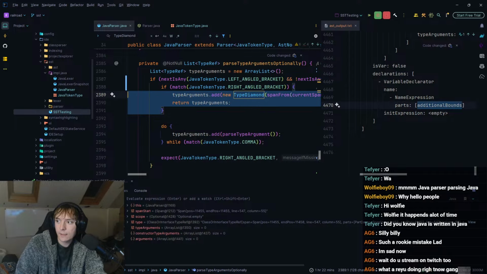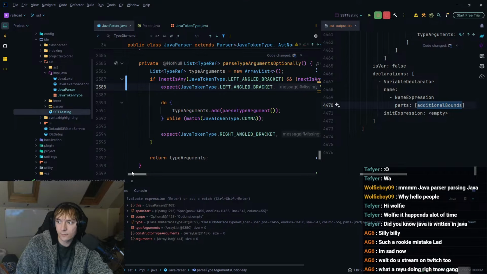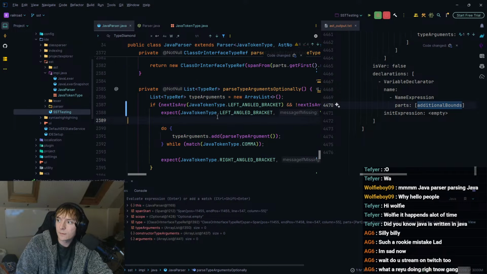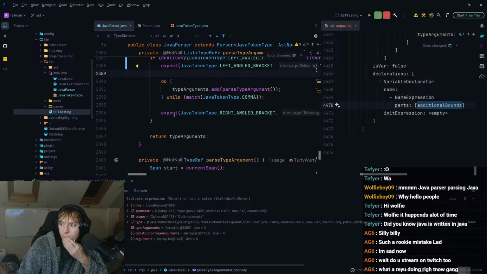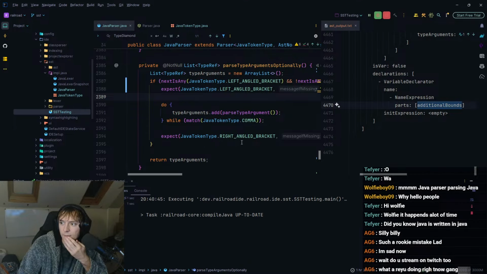And then if that's the case, I just don't need to do that, and all I need to do is expect the left angle bracket. That means it's an open bracket followed by anything that is not a right angle bracket, which should work, because that means that won't now be called from there. So I think that's fine.